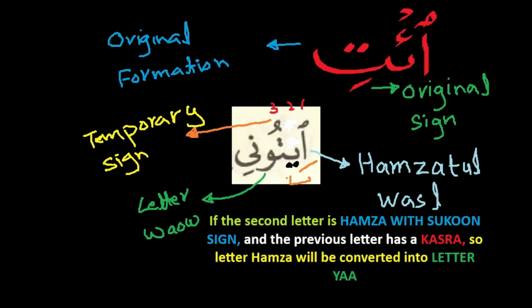The E sound, we are going to make it for 2 counts because of letter ya. E, and the second syllable is tu, and the third one is ni. E, tu, ni. I hope you got it. So these are the few rules we have to apply on this word to get the final pronunciation.